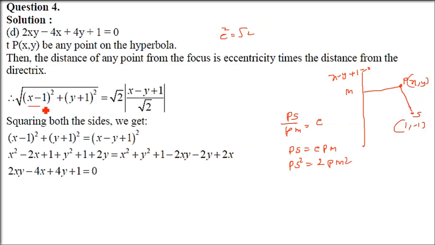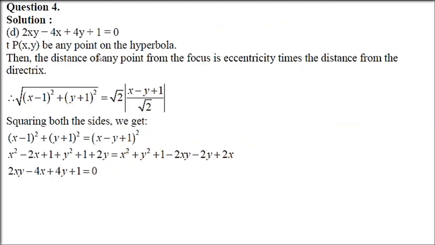Now you see this P is (x, y). And what is the distance? x minus 1 whole square, y minus of minus 1, y plus 1 whole square. I squared it already, so I will not take the root. So this is x minus 1 whole square plus y plus 1 whole square. Now the distance of a point from a line, you know how to do it. Just put the point in place of x and y, which is already x and y, and then take the coefficients of x and y, square them, add them, take the under root. So it will be under root of 1 square plus minus 1 square. So you squared it, so 2 is already in the denominator, and the 2 from the eccentricity square cancels it. So x minus y plus 1 whole square it is. Now you have to open this and rearrange and you are going to get the result.